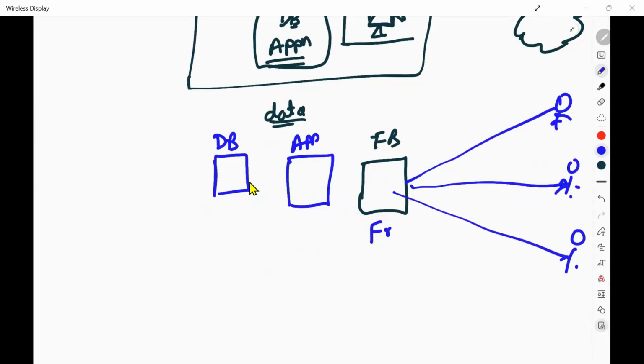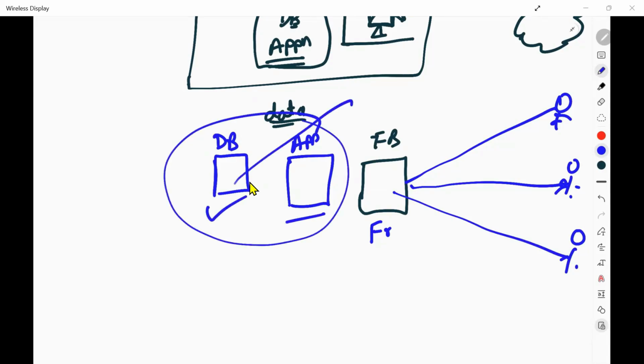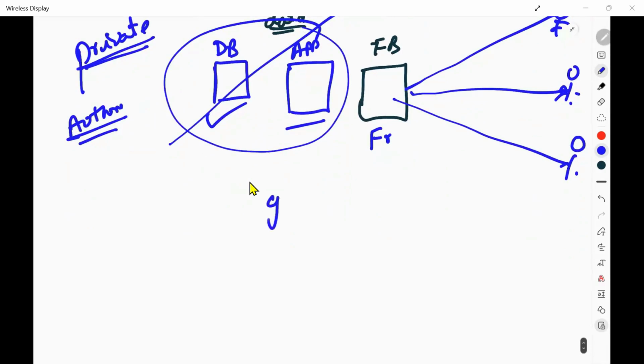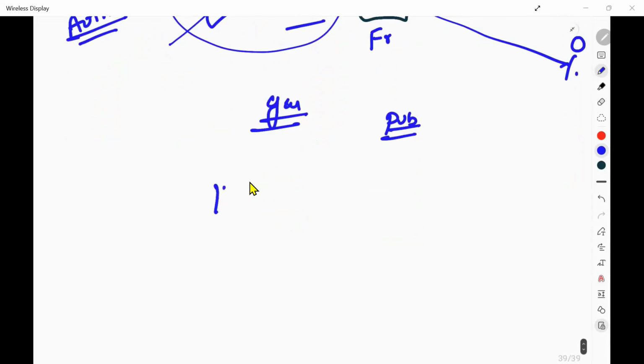Do we have access to the application layer or database layer? We don't, because these are private resources. Who can access these private resources? Only authorized people can access them. Clear? If there is an application which doesn't require general public access, which no public can access, those kinds of resources we are going to host under a private subnet.